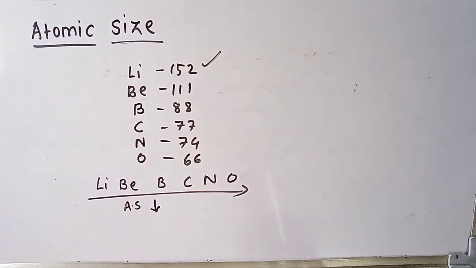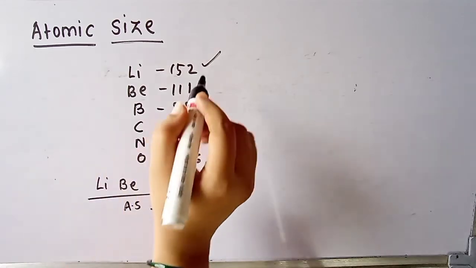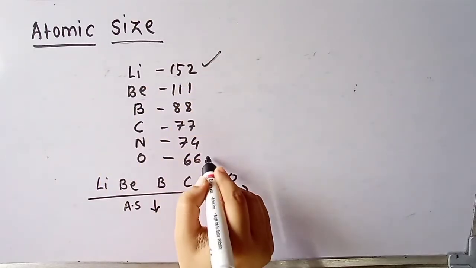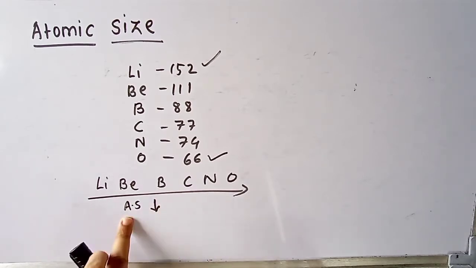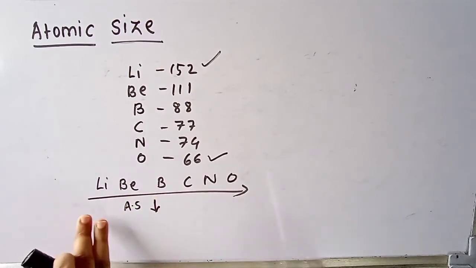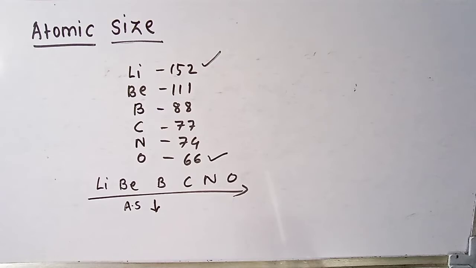Now, fourth question. Which of the above elements have the biggest and smallest atom? So, lithium is the biggest and oxygen is the smallest atom. Okay, lithium is the biggest and oxygen is the smallest. Last question. What is the periodic trend observed in the variation of atomic radius while going from left to right within a period? I have already told you the atomic radius decreases while going from left to right within a period. So all the questions are clear to you, students. Now we will see the next questions.